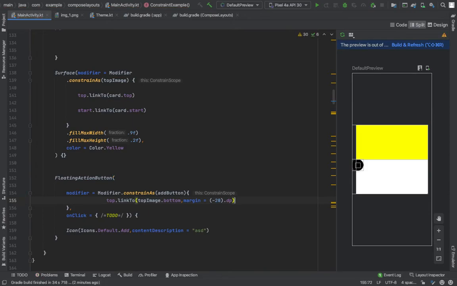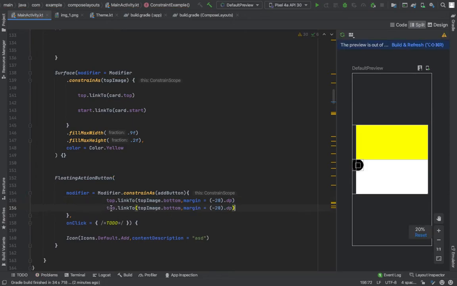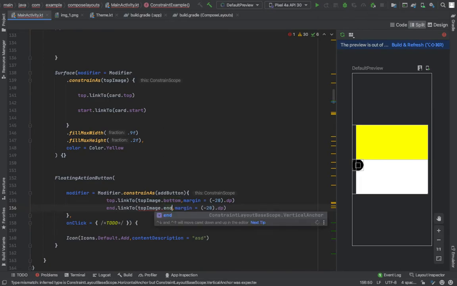And we also need to shift the floating action button at the end of the card. So for this we need to specify the end constraint, and end constraint will take care for this top image dot end. We don't need any margins here, so remove that margin.